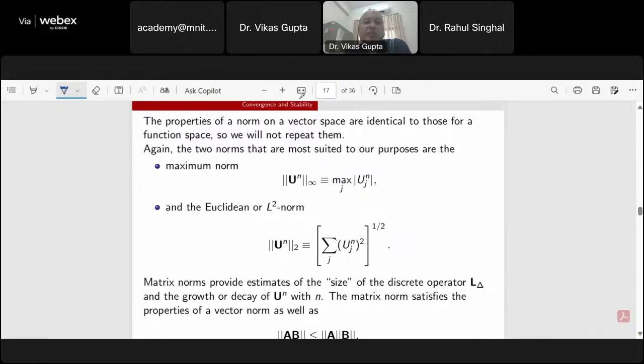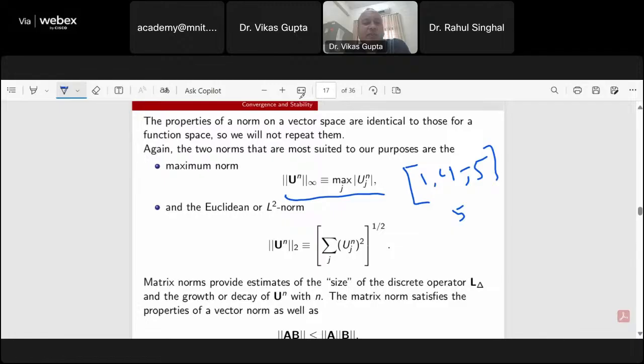So again, the two norms that are most suited for our purpose, the one is the maximum norm, which is defined by this norm u infinity equal to maximum of absolute value of u j n. That is, for example, if you are having this vector 1, 4, minus 5, a three-dimensional vector, what is the maximum norm of this? Maximum norm of this is equal to 5,